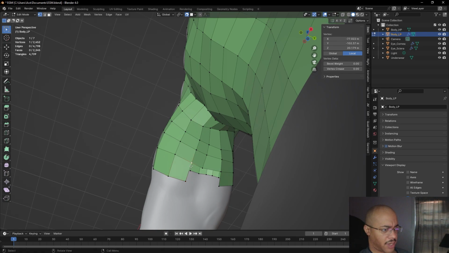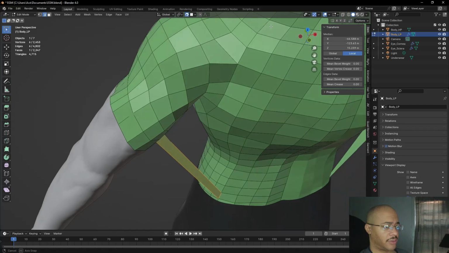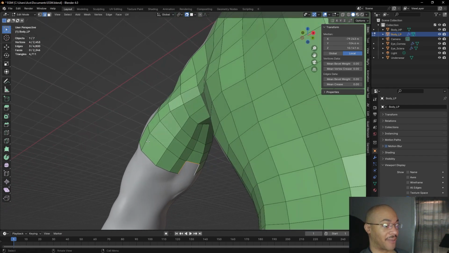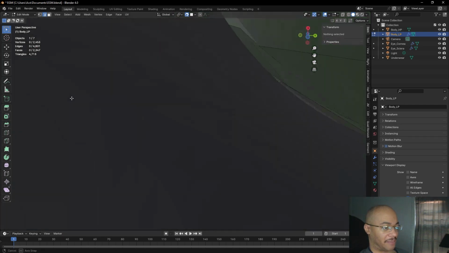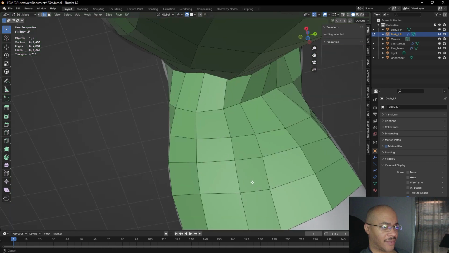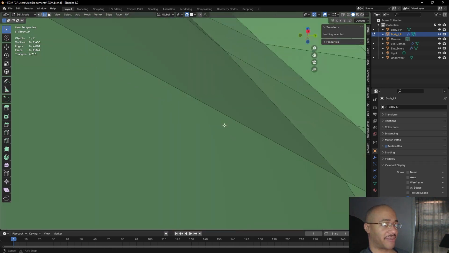Let's see. Okay, I'm just gonna do another one right here, and then I'm going to switch to edges, of course. Click. Oh, hold on. Wait a minute. Click these, and uh-oh. That's what happens when you have the wrong edge selected. It'll connect. I don't even know how I clicked that one. All right. Luckily, we can just